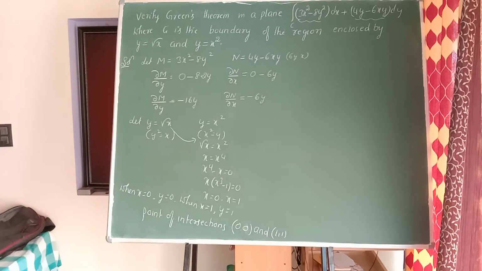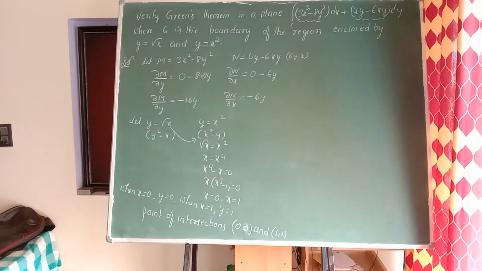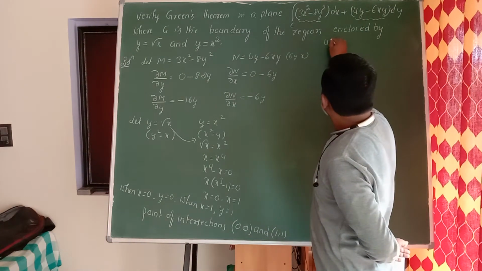Next, after finding the points of intersection, what do we wish to find out here? So now use Green's theorem. What is the statement of Green's theorem? You can find out the Green's theorem statement now. Okay, so using Green's theorem,